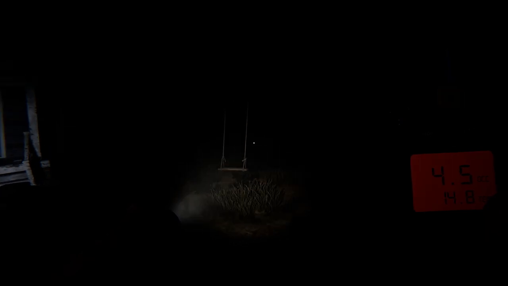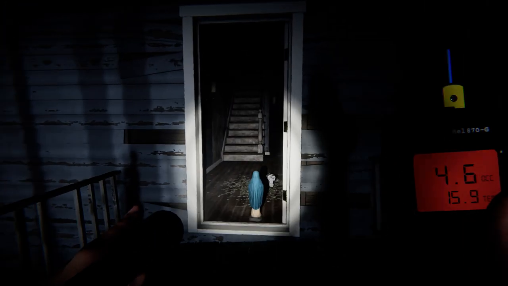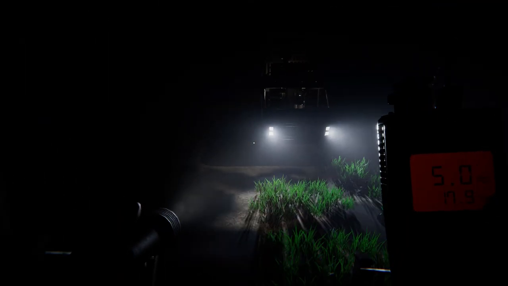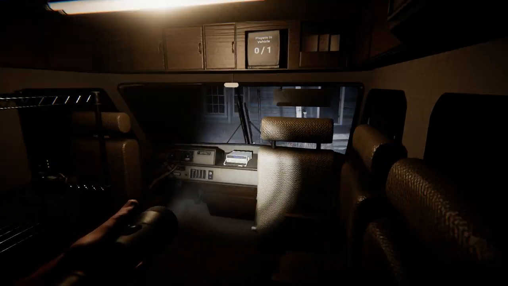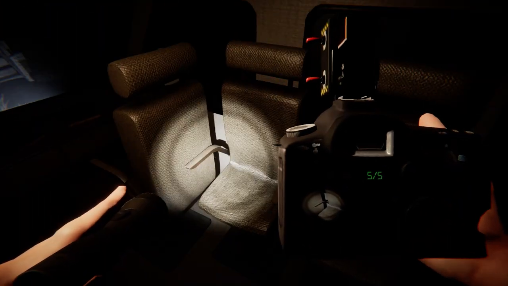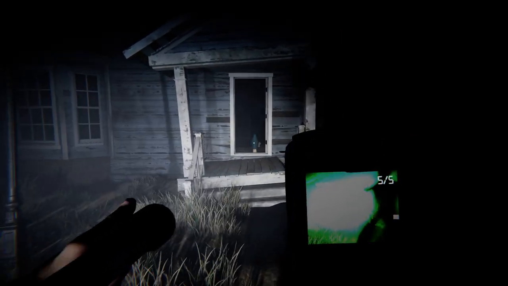Not seeing anything on the camera yet, so we might change its position. That way we spend less time in the house looking around with the handheld camera. Alright, still not seeing anything over there. Let's actually start looking around with the handheld camera. It might actually be faster this way, so...